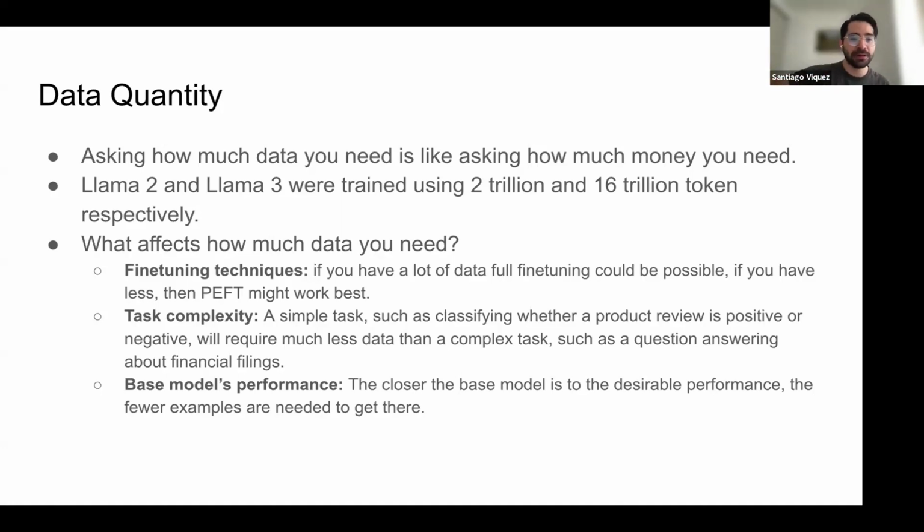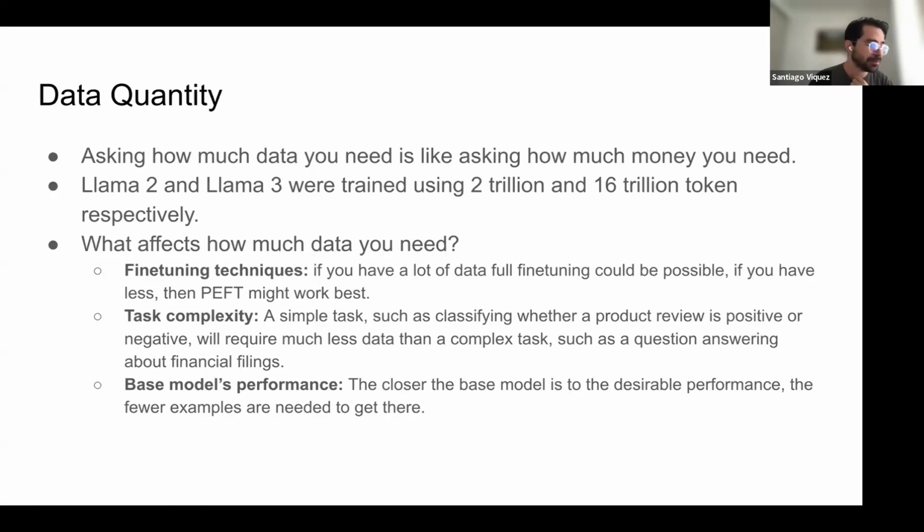It also is going to depend on the task complexity. If you're doing a simple task like classifying whether a product review is positive or negative, then you don't need that much data.